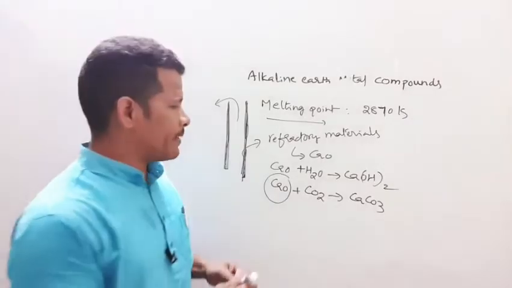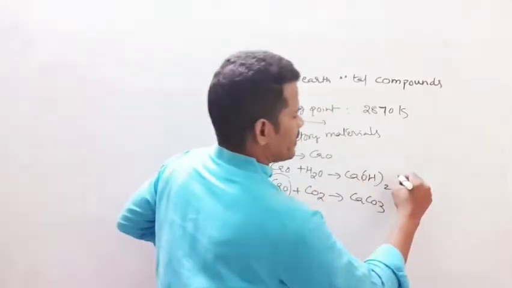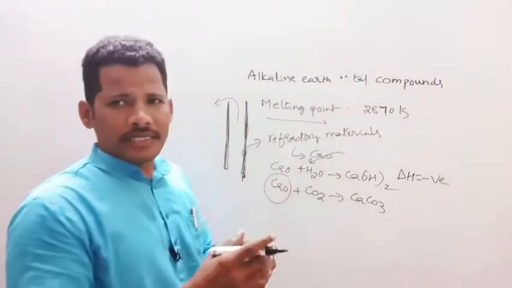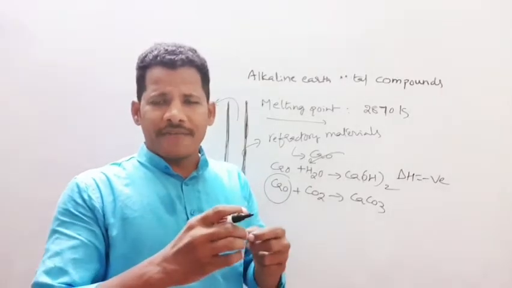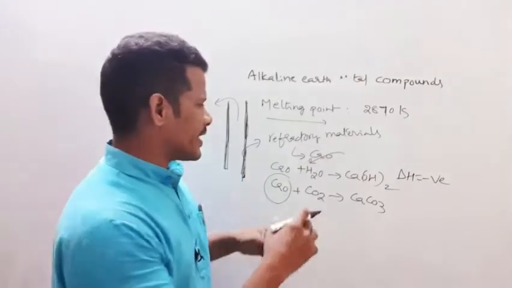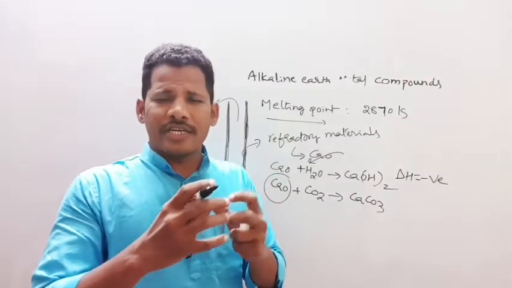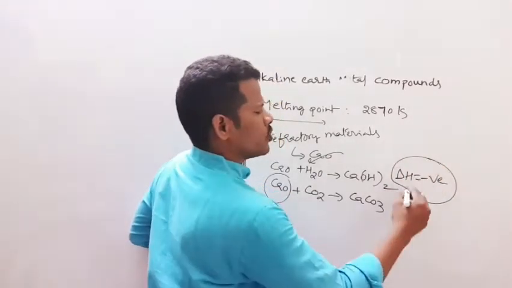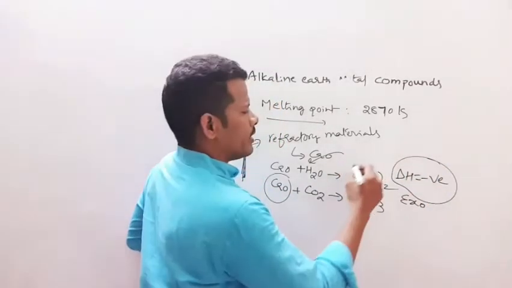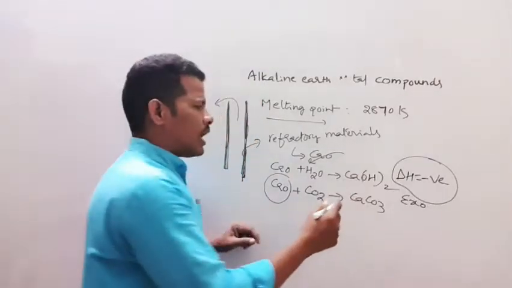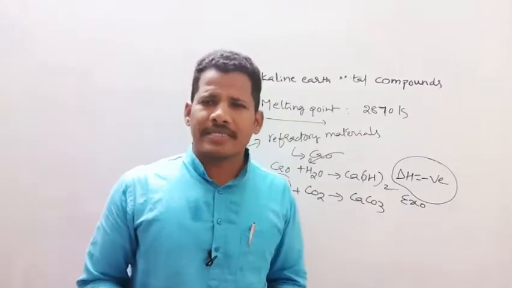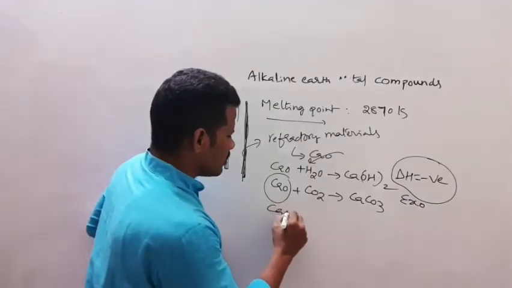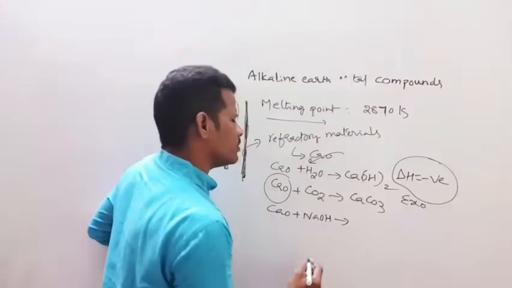So in this process what happens? Here lime water is formed. It is a highly exothermic reaction. While adding water to this calcium oxide, it comes as lumps. Those lumps are divided into the smallest fragments, so the solid crystals are dissociated into powder state. In that process a lot of energy is released. So this is one type of exothermic reaction, and after being converted into calcium hydroxide, it becomes a basic compound. Okay, so here limestone was formed, and now you know calcium oxide and sodium hydroxide compound is called soda